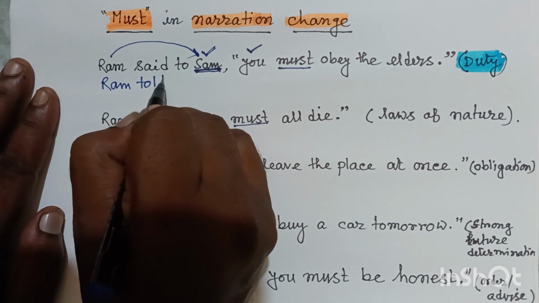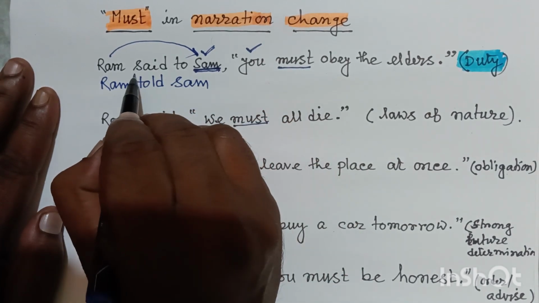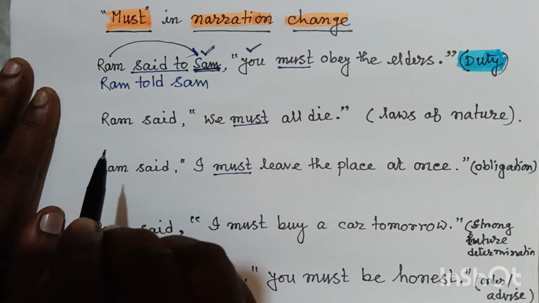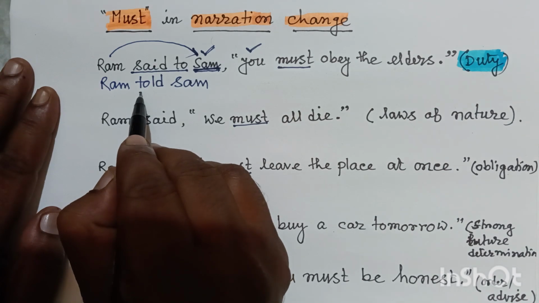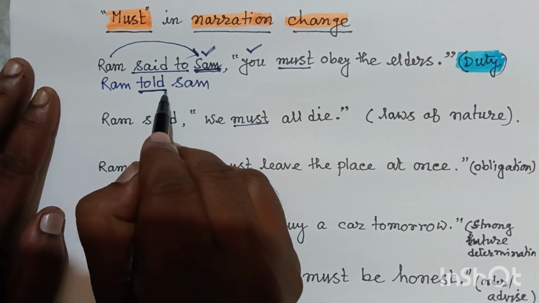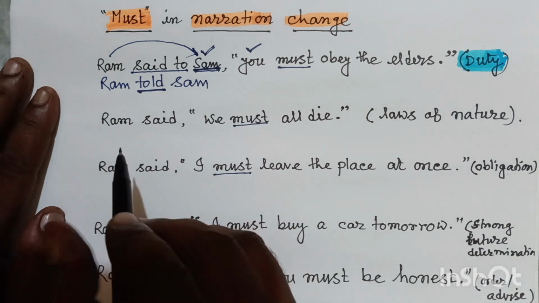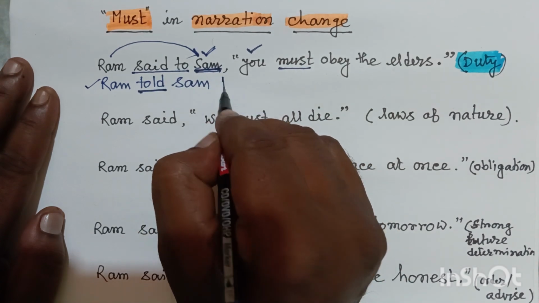told Sam. Friends, if there is said to in the reporting verb, in the reporting speech, we have to write down told. There is a particular reason. I will discuss it in a separate video. It's a very good concept. So Ram told Sam that